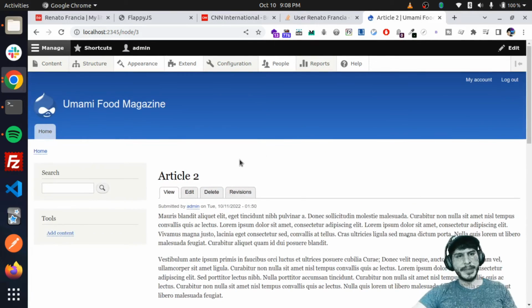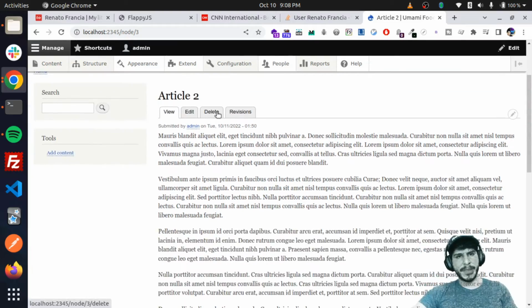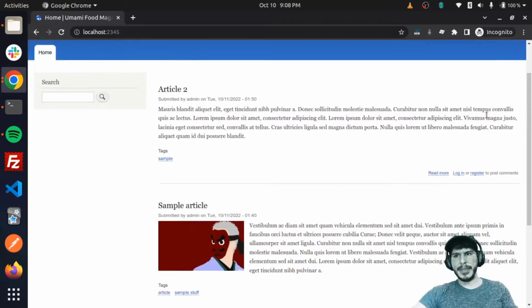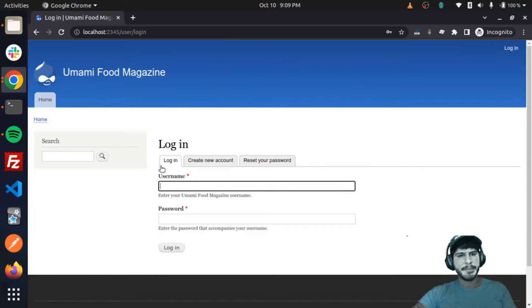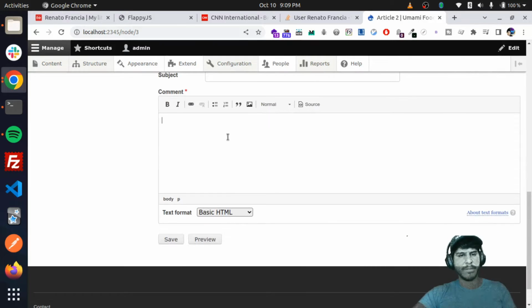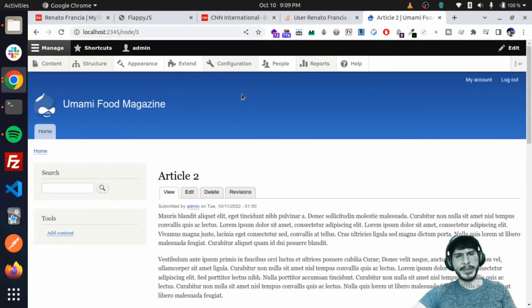So that's something I just want to show you: even though this is currently a website for anonymous users, you also have the possibility of adding some login options, some credentials, and having users create their own articles or even create some comments. And that's something where I would now have to add some permissions and stuff like that. But